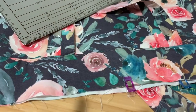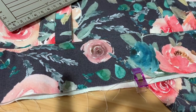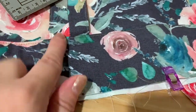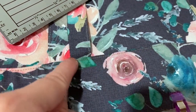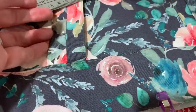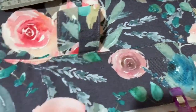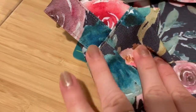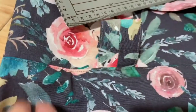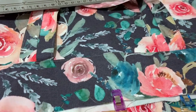So here's the top facing after I've gone ahead and edge stitched it, and as you can see here, I've edge stitched fairly close to that seam, and I've made sure not to edge stitch it with the handles down. The handles have to be away from that, as well as our tabs here. They shouldn't be included in the edge stitching portion. And our next step is to find our center